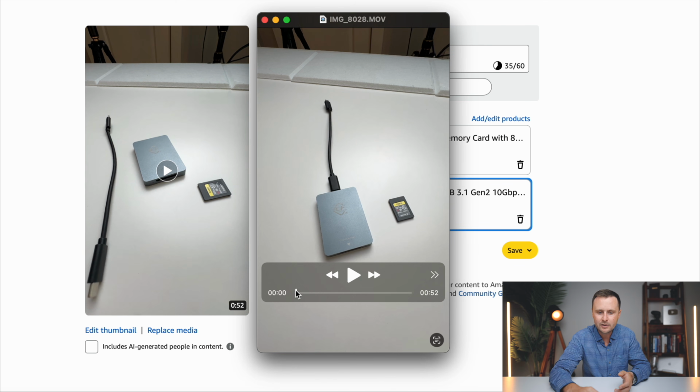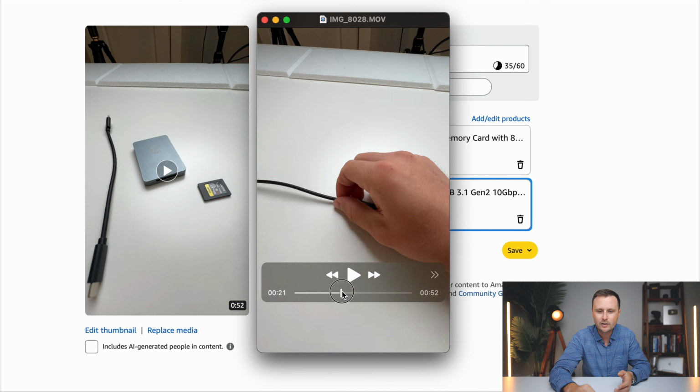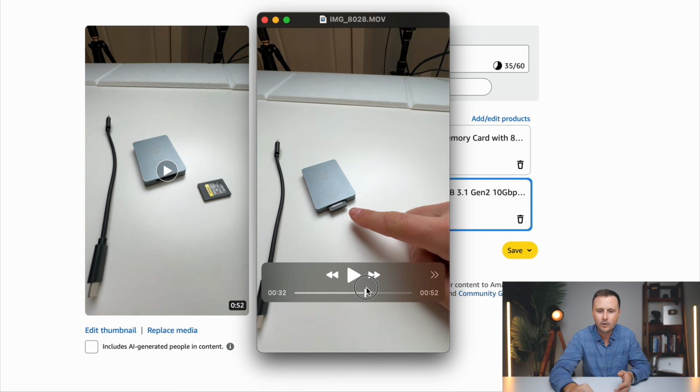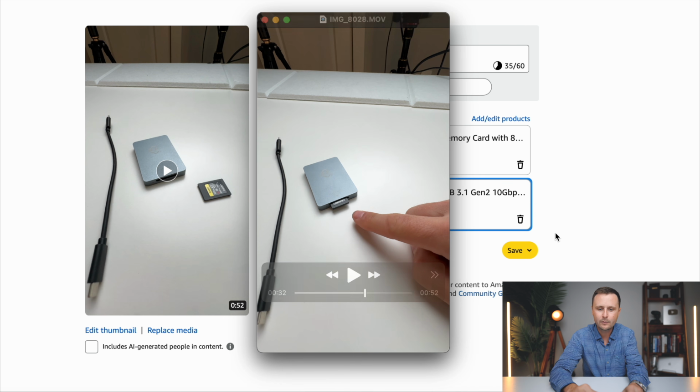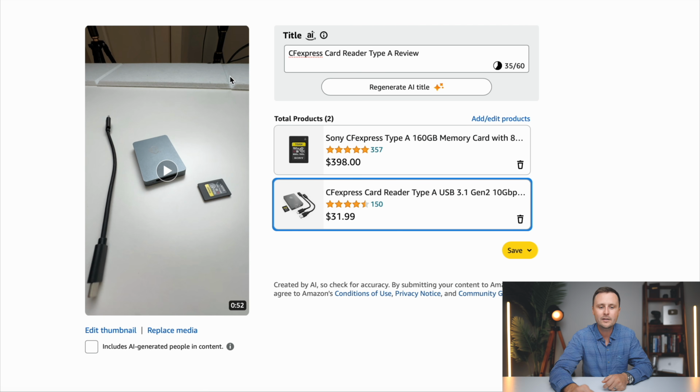If you do want to change it, a couple big things to know is that my easiest way of doing it has just been opening that video and finding a good frame that you want. Let's say that I wanted this frame right here. Then all I would do is just go to that frame, and then I would take a screenshot of just this right here. And then I would upload that, and that would be the right size,